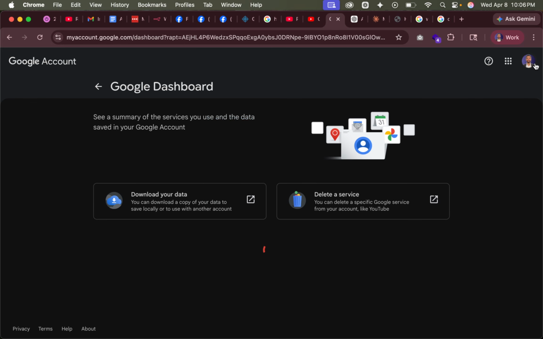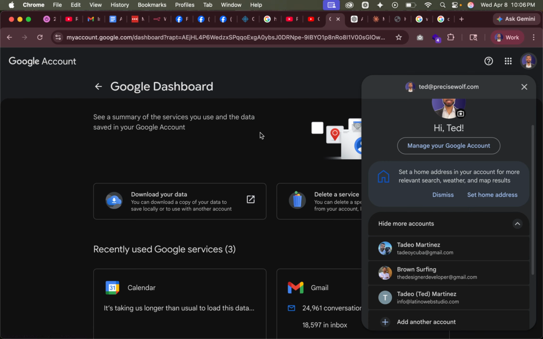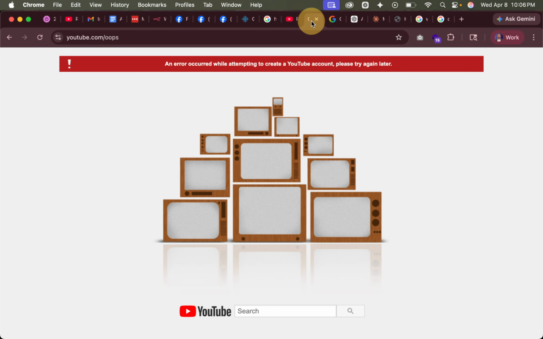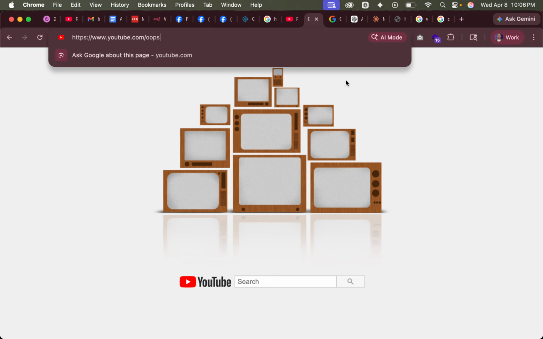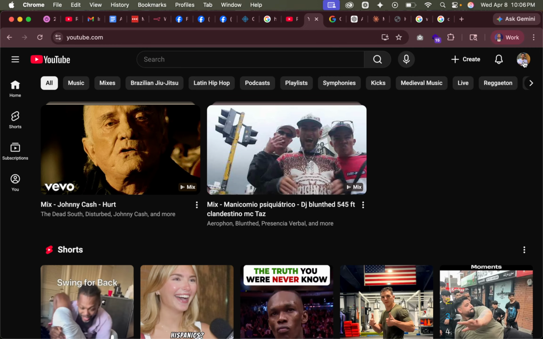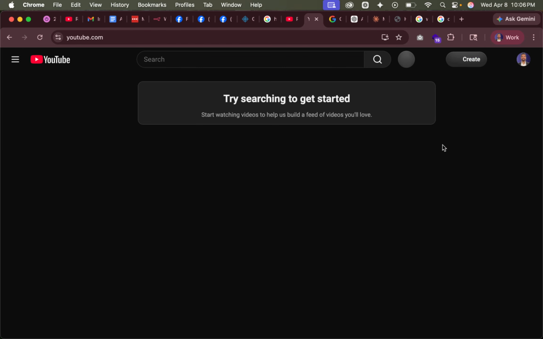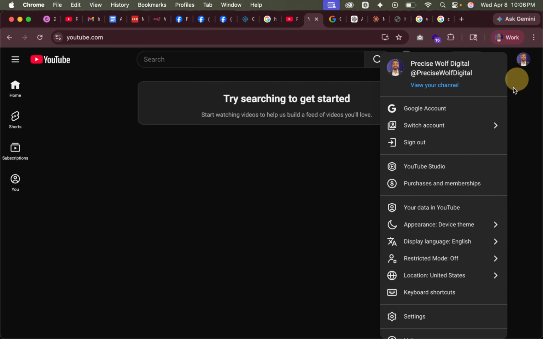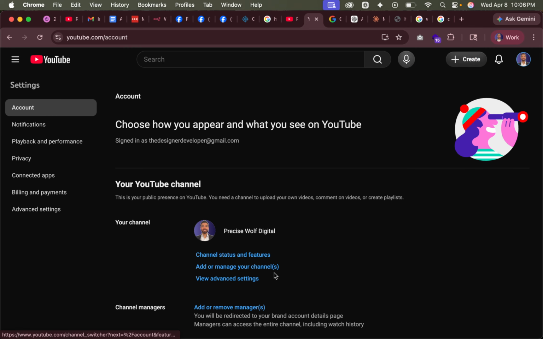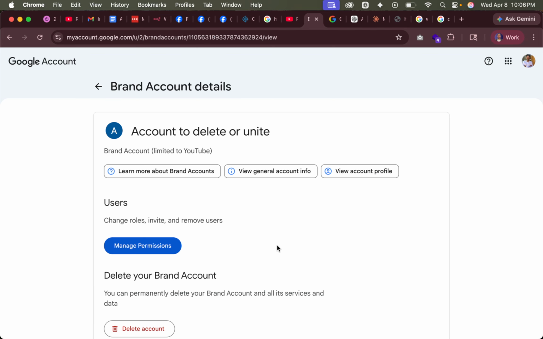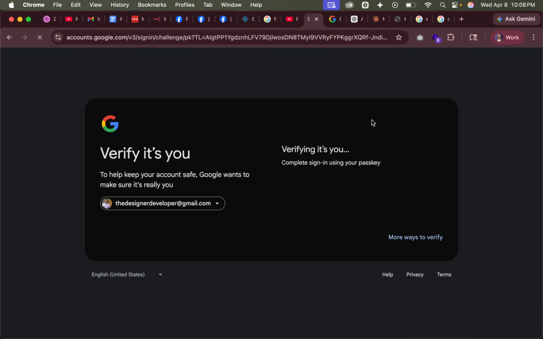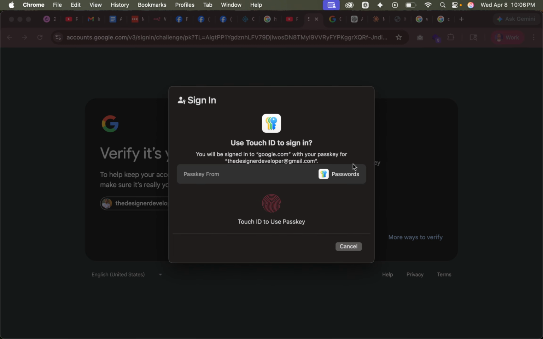So if I go back, actually, oops. I should have shown you how to add someone. So going back to settings, add or remove manage users, click the passkey again,